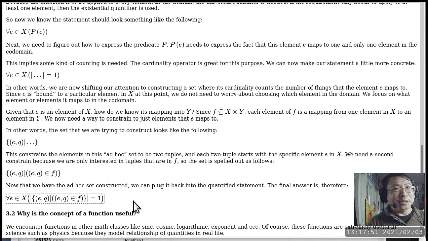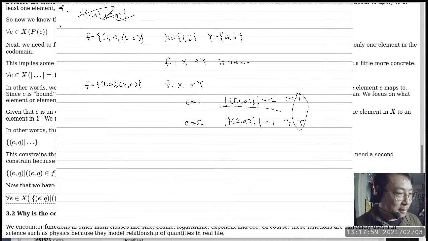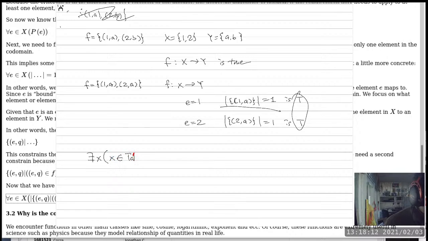No, we do not need a function. We just need to use precise language. Okay, so we can say, let me switch on the tablet here. Okay, so we can say, existential quantifier x, right? So we say, x is an element of tax household, which is a set of people. Implies